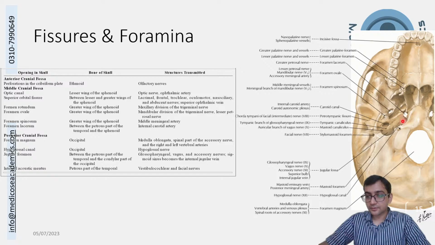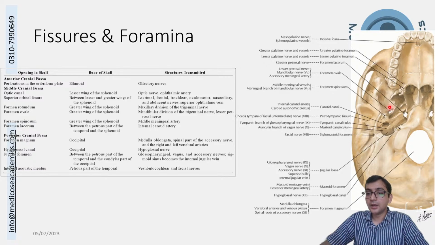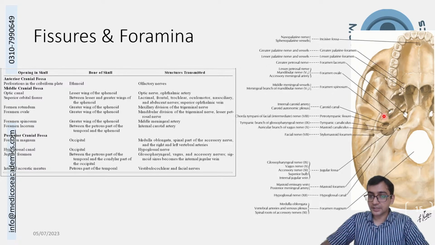So which other structures are passing? Foramen lacerum we have spent so much time on. Foramen ovale contains the mandibular division of the trigeminal nerve. In addition to it, the lesser petrosal nerve passes here and the accessory branch of the middle meningeal artery. Then there is foramen spinosum, middle meningeal artery. Everything related to the middle meningeal artery is very important in the exams. It passes through which opening, and it passes through